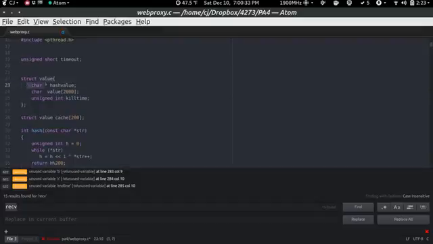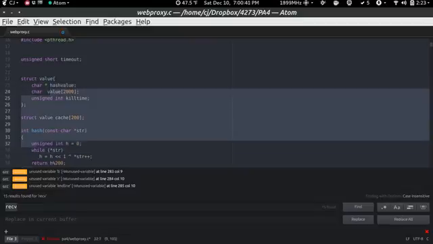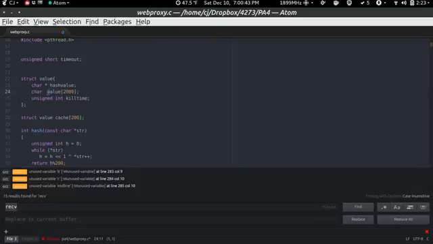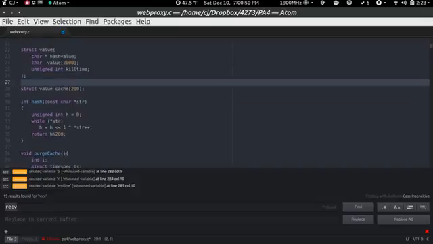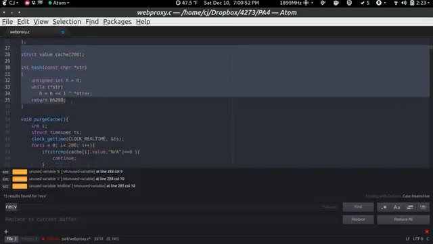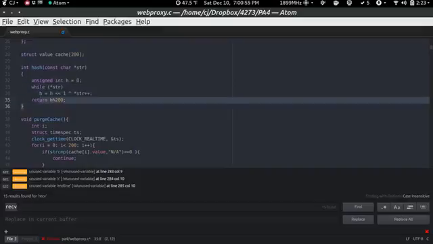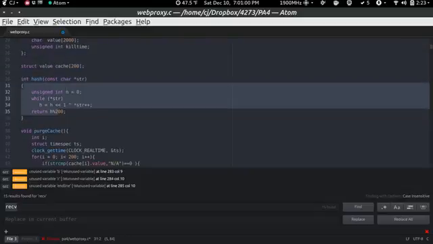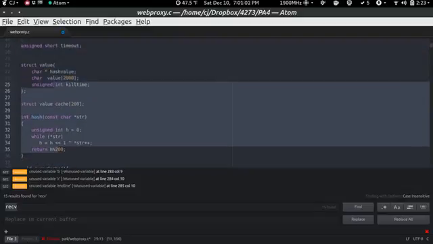And here is where our cache implementation is. What we have is a struct, which is called value. We've got a value itself, a hash value, which is going to be whatever's returned from this hashing function, and then the kill time, which is the time that the timeout for the cache. Then we initialize that so it's global. Everyone can see it. Here's our hashing function, where we're going to go through and it's going to return an int for us, which is mod 200, just because that's the size of our